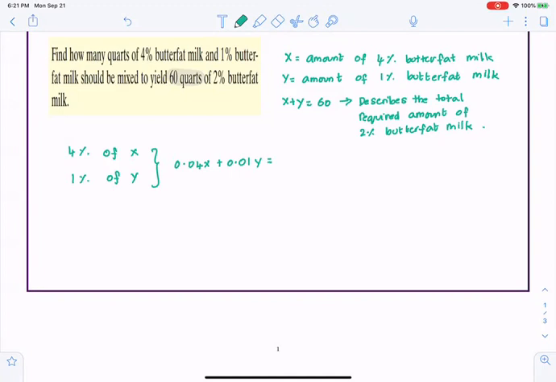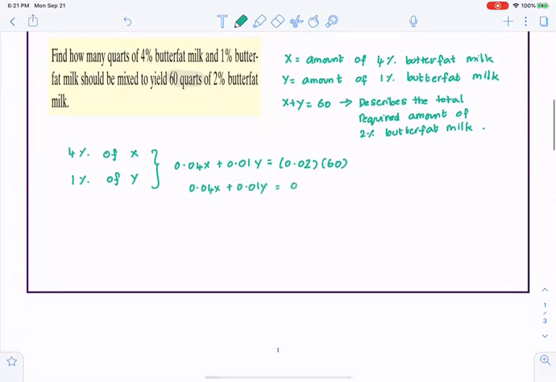We know that net amount has to be 2% of that 60 quarts that we have. So this would be 2% of the net amount of 60. So we would end up having 0.04x plus 0.01y equals 0.12. So those two describe